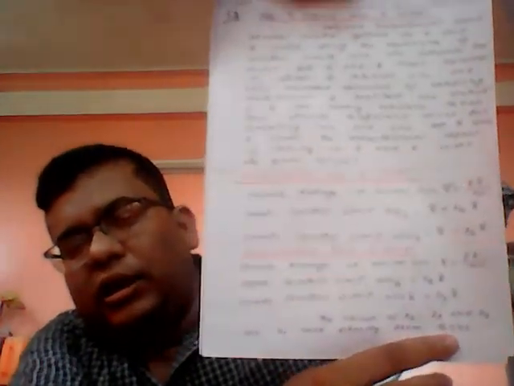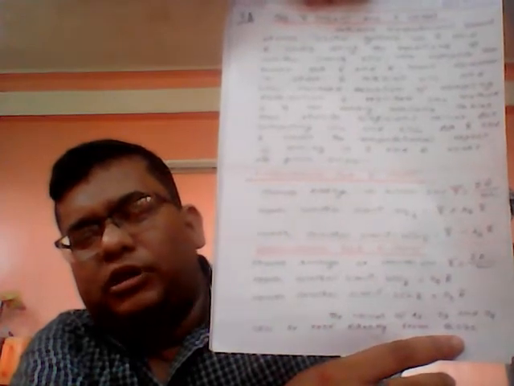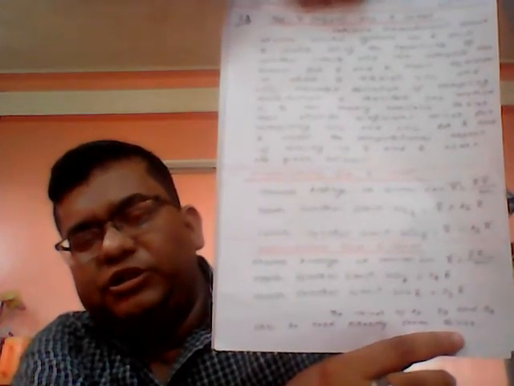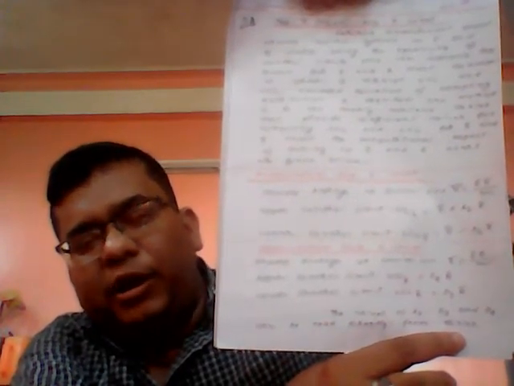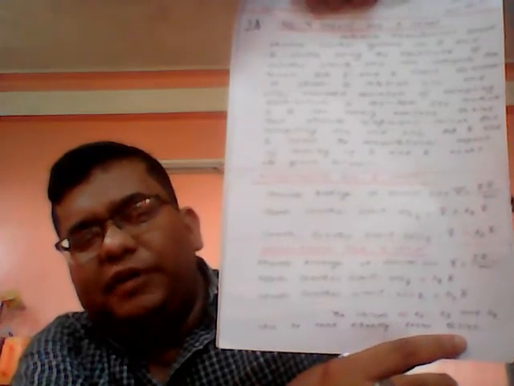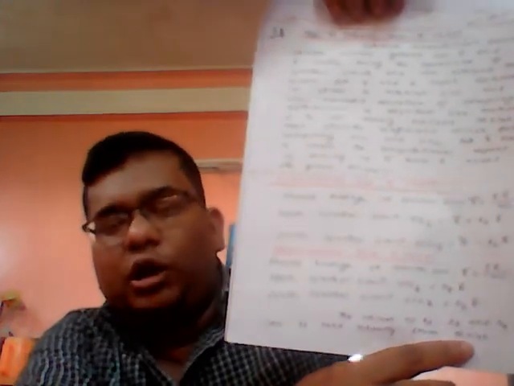So here, if you look at the notes, for the X bar chart and for the R chart, there are an upper control limit and a lower control limit which have been derived. If you look at the X bar chart, the upper control limit is derived as X double bar plus A2 R bar. So let me tell you what X double bar is.